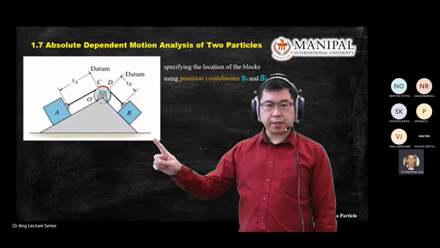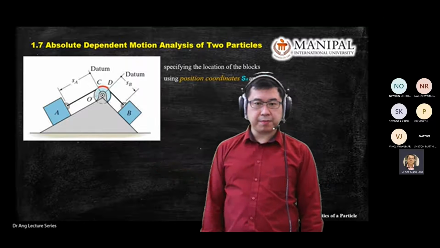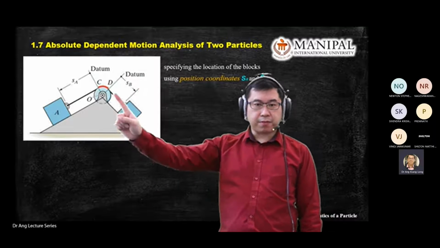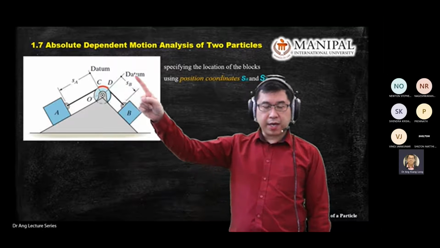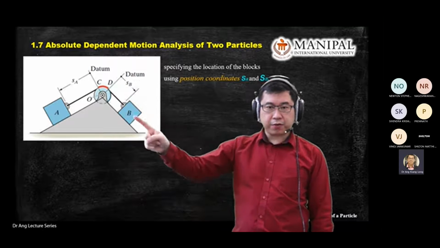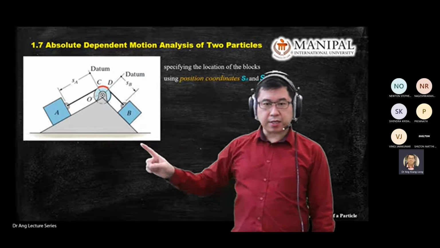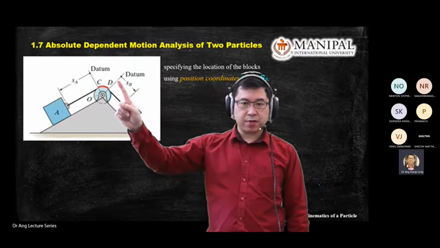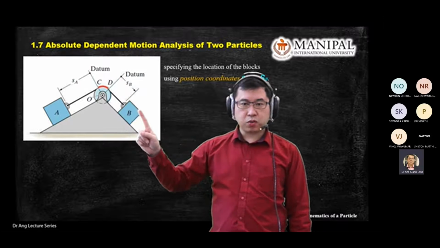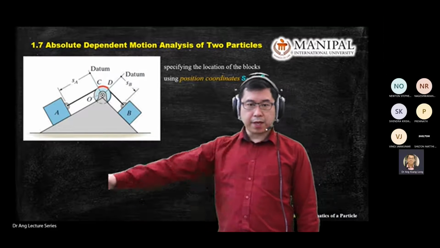What about B? B also has its own datum, measured from point D, and the positive direction for object B is in this direction. That's why you see the arrow with the dot and arrow. So SB in this direction is positive. And in this diagram,